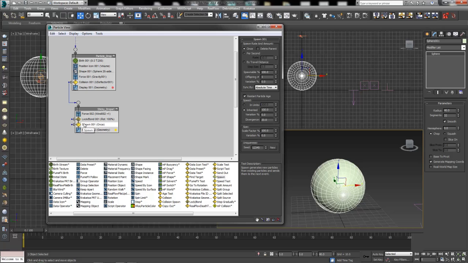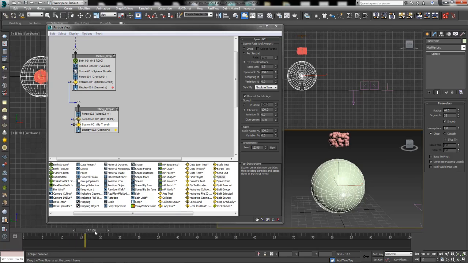We're going to have these spawn not only once but by travel distance, which means every time a particle travels that amount of space, 1 unit's space in our 3-dimensional world, it's going to lay an egg or create an offspring. It's going to make a new particle. We'll go ahead and say the step size a little bit more, because they're moving fairly slow, so we can give them a little bit more distance before they create a particle. 1 offspring every time it goes 1.5 units is probably pretty good.